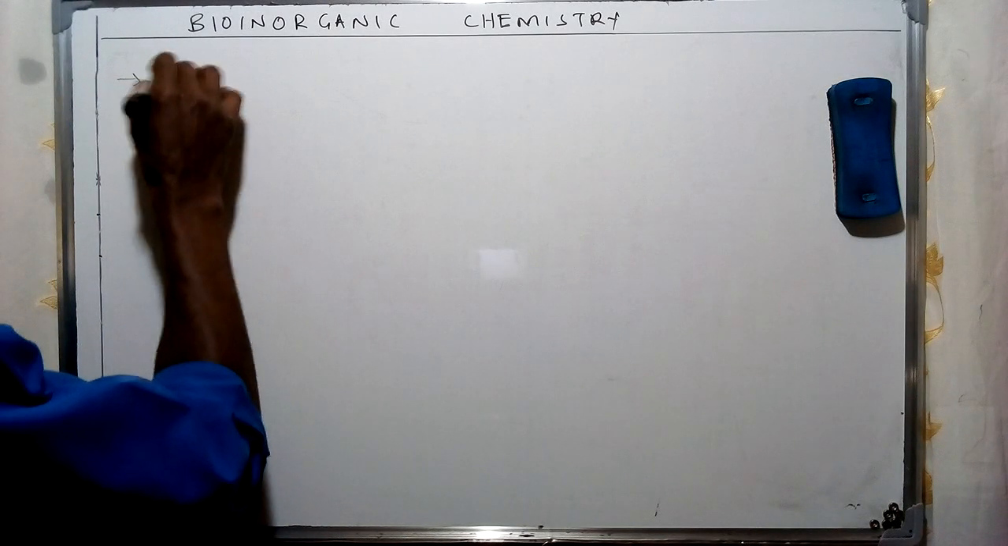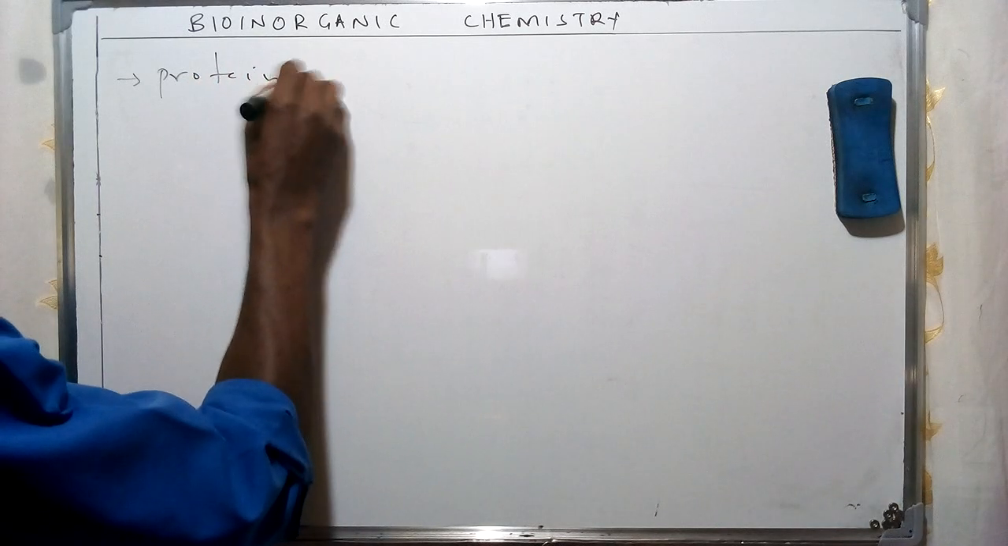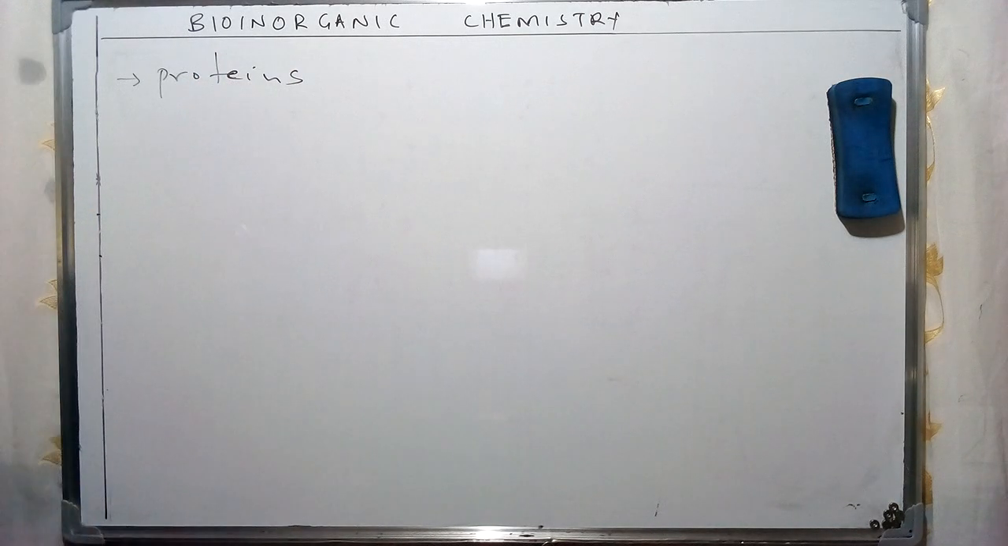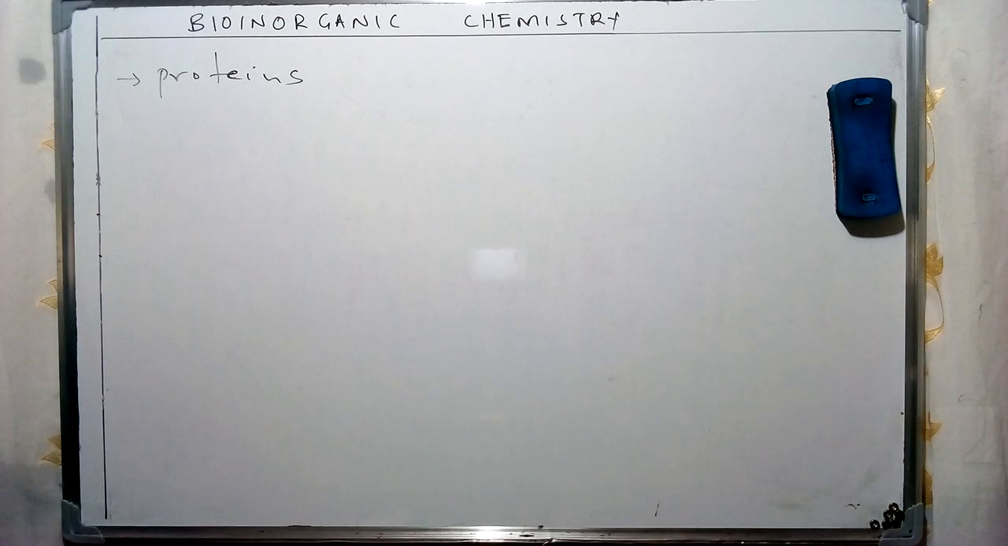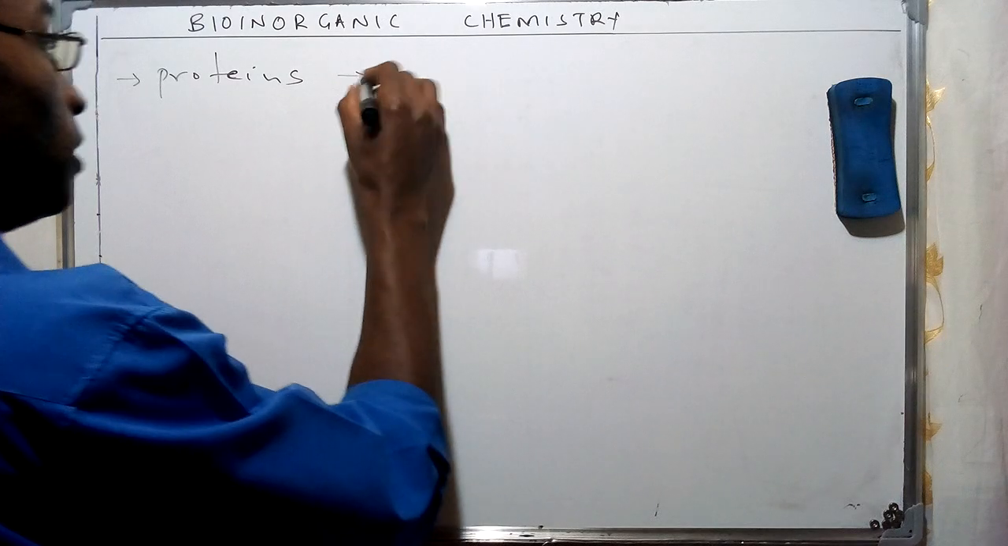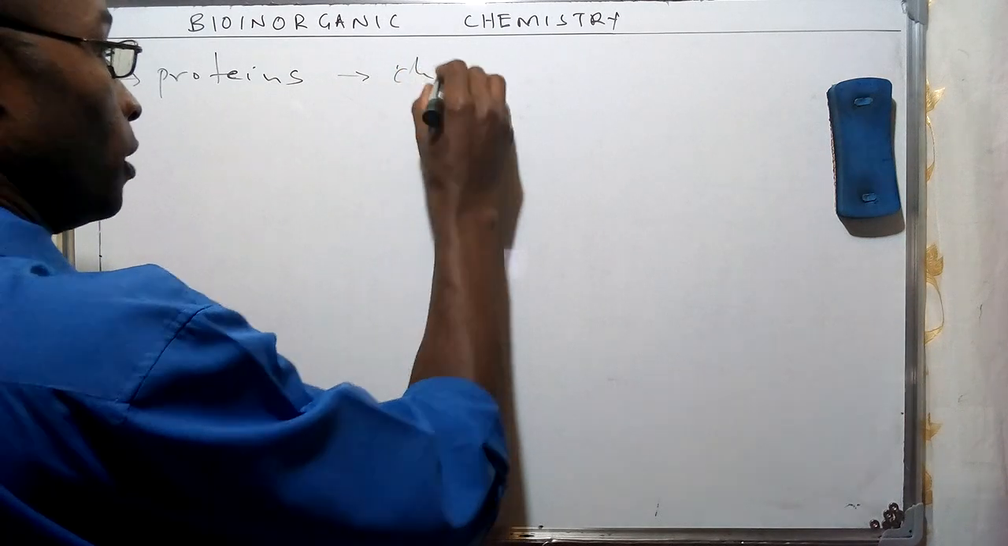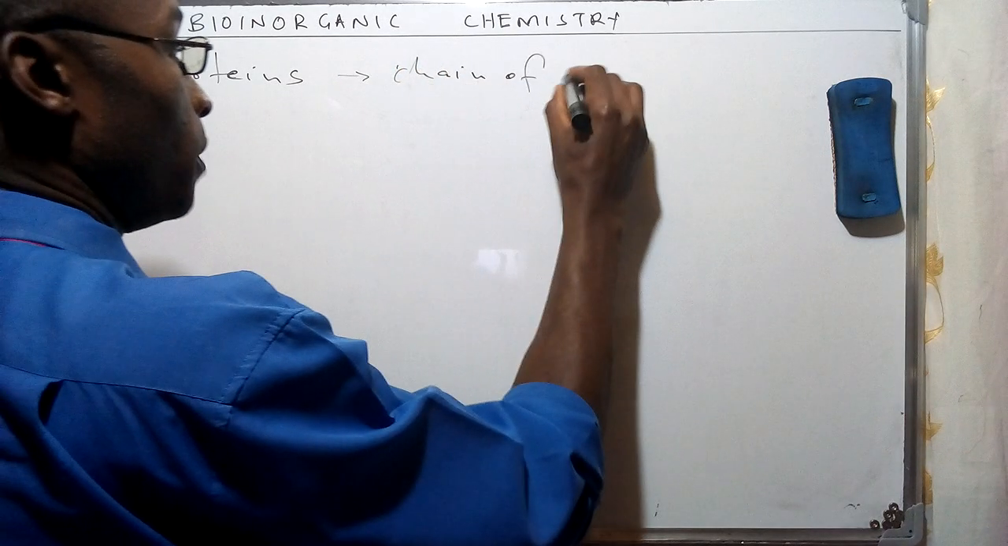Now, we have come across these specific terms and said that amino acids are going to be a set of chains which are going to combine to form what we refer to as proteins. So this is going to be a chain of amino